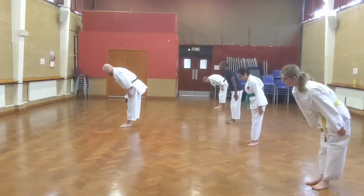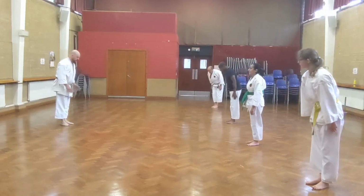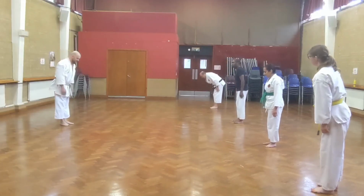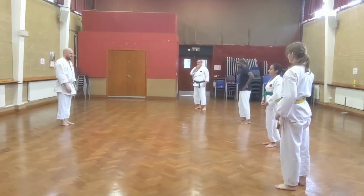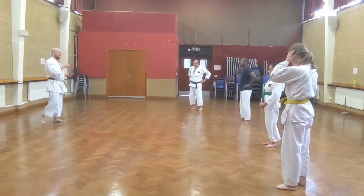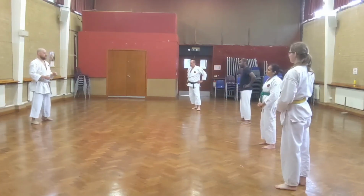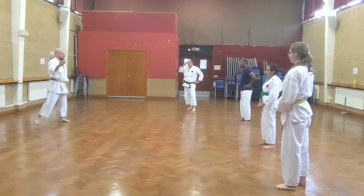Sensei, Hanchi, we didn't finish off with a proper stretch, but we've run out of time. So have a good stretch, and if you get an opportunity, think about the stuff that we did, and the 3 combinations, they come up in moving basics for the grading. So they would actually come at the start of the grading, like you do all the standard on the spot, and they'd say, okay, moving basics. And we didn't do the blocks for them, but we've got a few